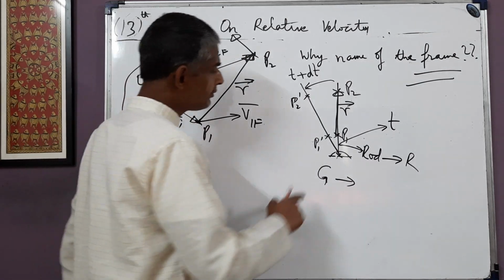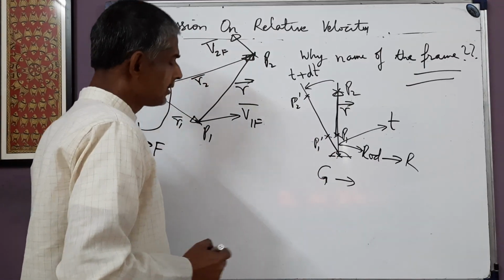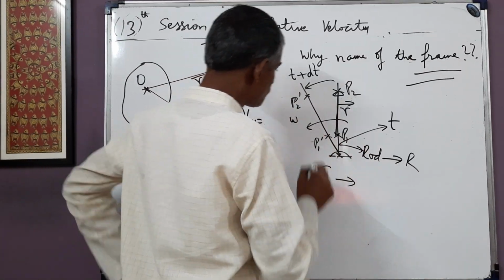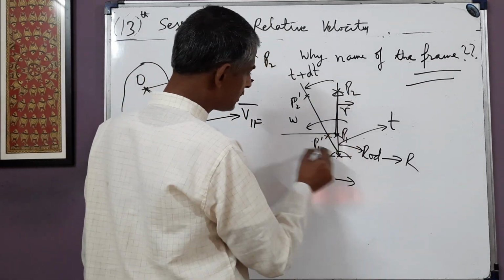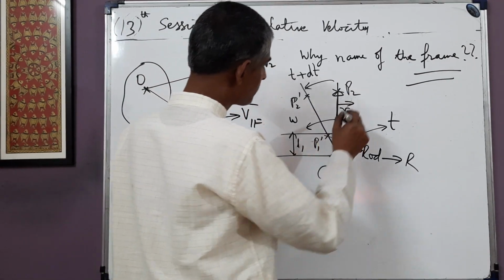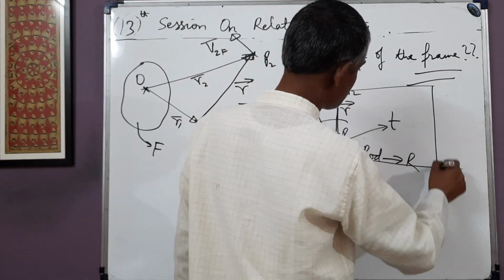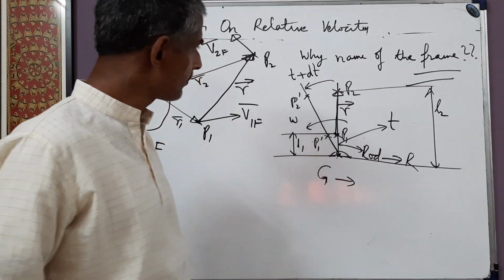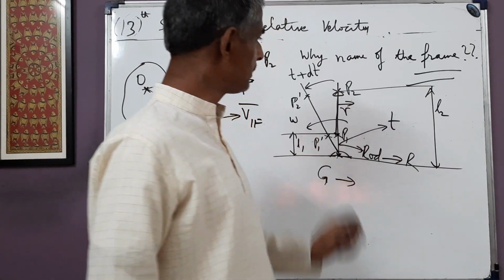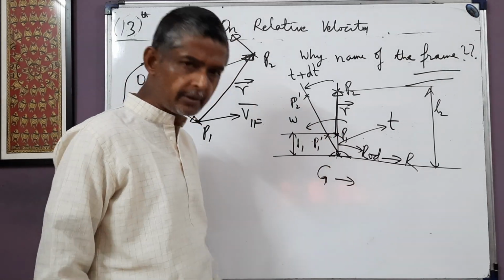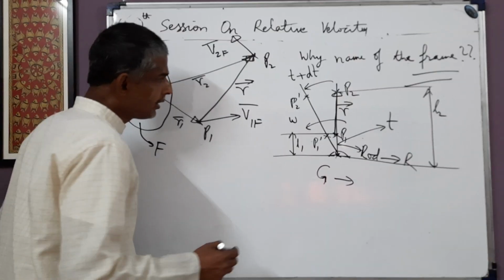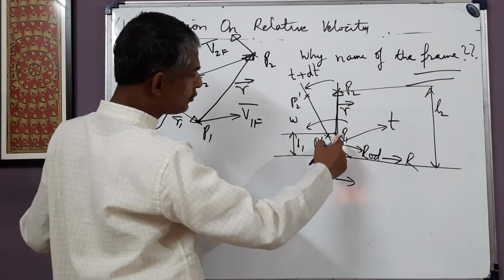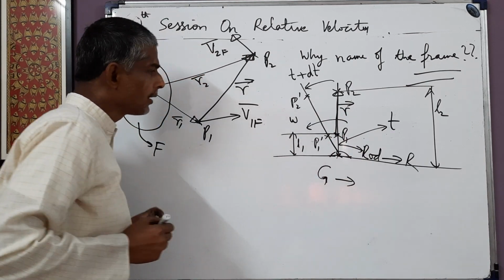See one thing: suppose the angular speed of the rod is omega, and suppose the distance of P1 from the pivot is L1, and the distance of P2 from the pivot is L2. Omega is the angular speed of the rod with respect to the ground. Now, if we take the relative velocity of P2 with respect to P1 in the rod frame,